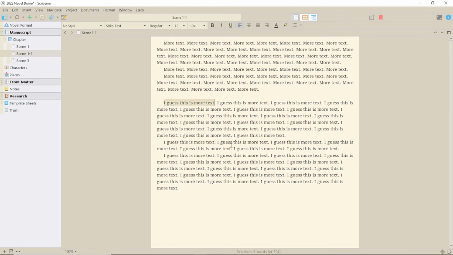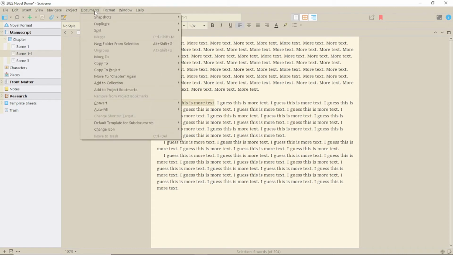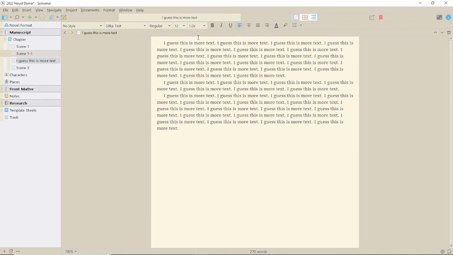If you want to use this option, you will need to highlight the text where you want to split the document. So if you do have a title within the text, this would be the perfect option for you. There you go, no excuses for not breaking up your scenes because they're already typed up.